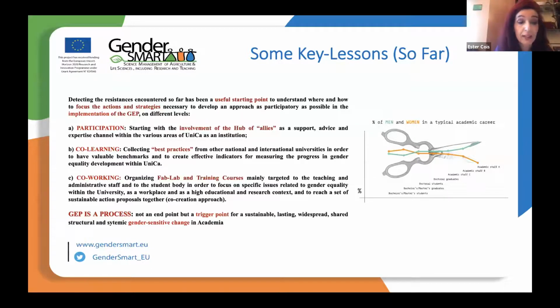The second one is the co-learning approach, collecting best practices from other national and international universities in order to have benchmarks and to create indicators that are very effective for evaluating progress in gender equality development, starting from the gender equality plan. And the third one, like the comment of Lut just before, is the co-working approach, organizing, for example,